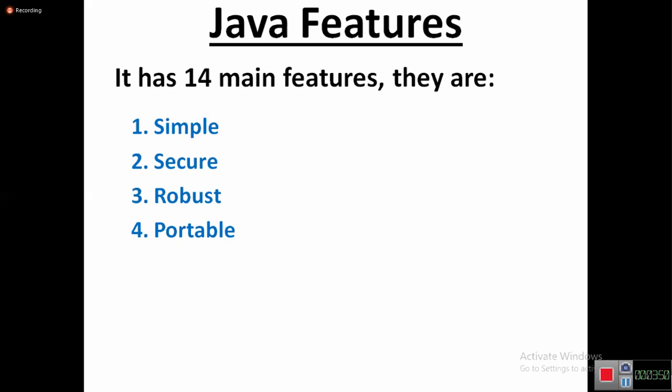Already in the last class we got some idea on these five features. Java is simple because its syntax is very easy to understand, and all complex, confusing, unsafe concepts are hidden from the Java programmer. It also has a rich set of predefined libraries, the API, for fast and easy development. Next, Java is secure, providing code-wise and data-wise security features. Code-wise security is provided by the bytecode verifier and sandbox. Data-wise security is provided by accessibility modifiers and the security manager.